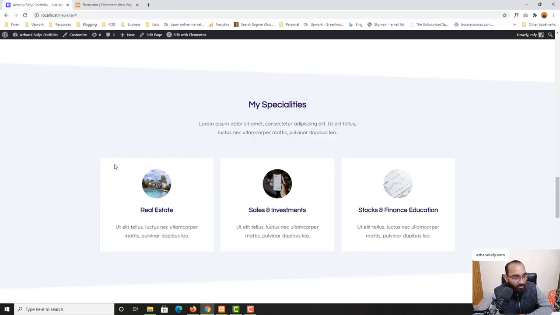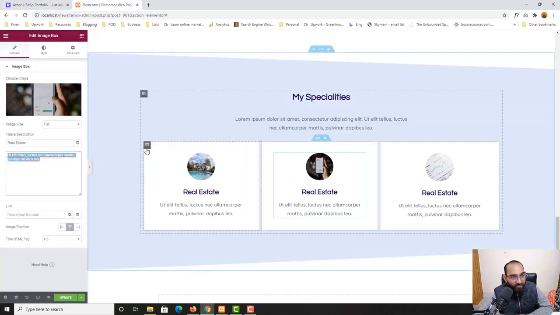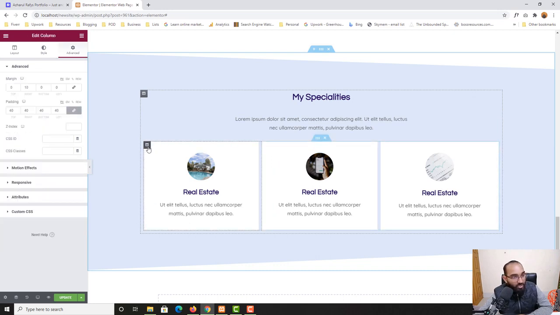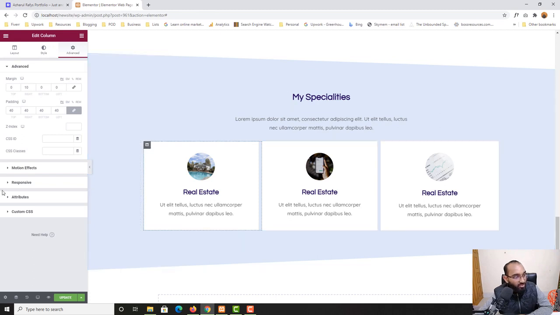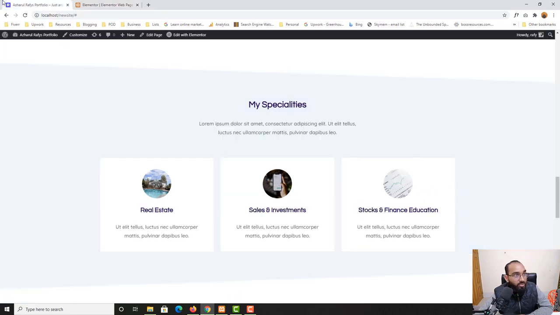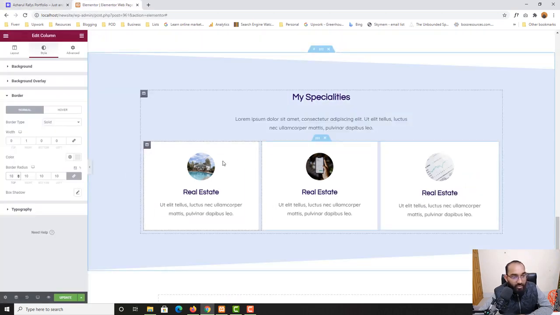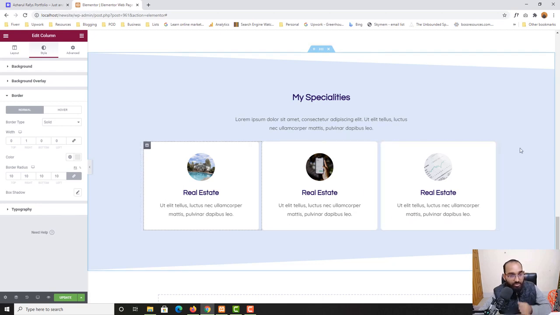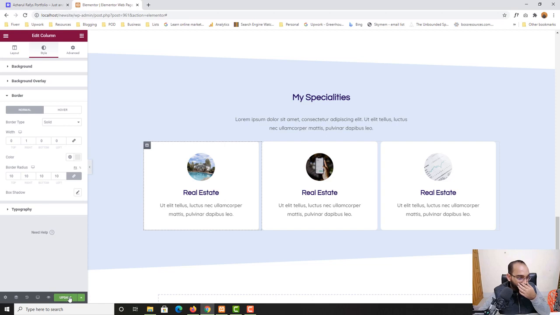And one more thing that I'd love to show you is the border radius, and after that I'm going to conclude this video because I have to do some more work. So if I click here, and after that, if you just notice on style, from border, if I want to give some border radius, let's say 10 pixels, and just take a look, we have got some border. Yeah, and I'm going to copy this style, paste this style right here, paste this style right here, and you should be able to see the change that you have made. Now if I click on update,